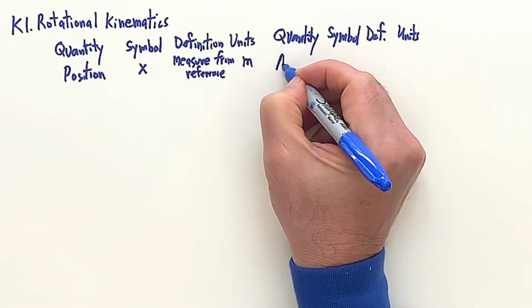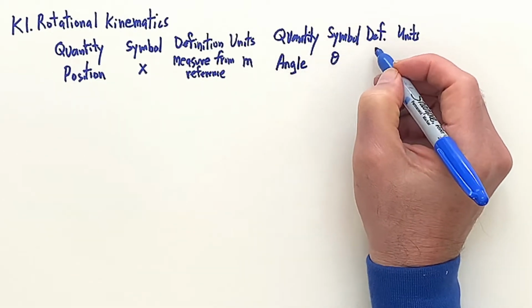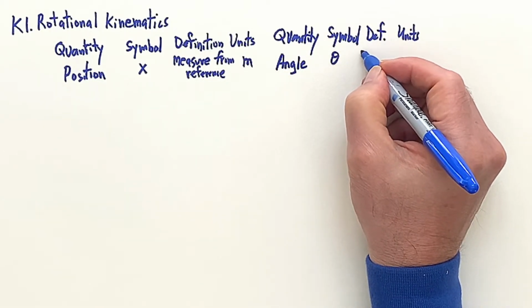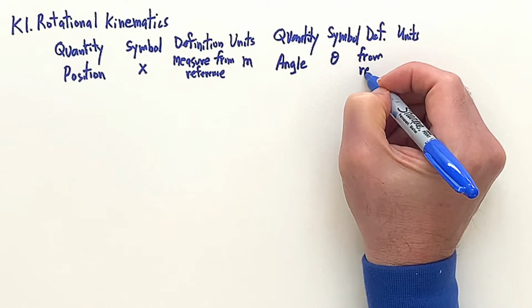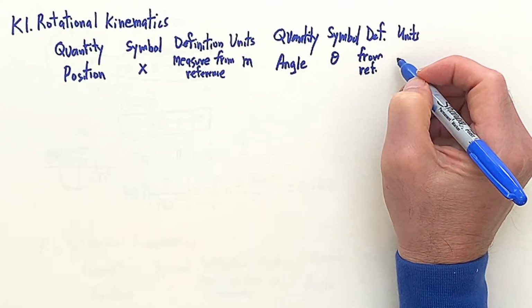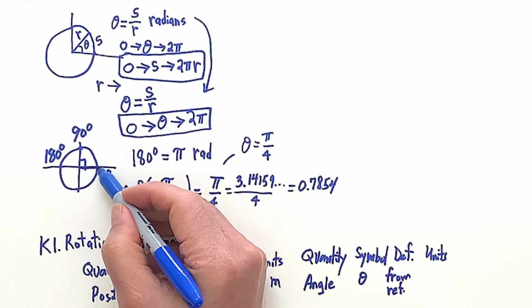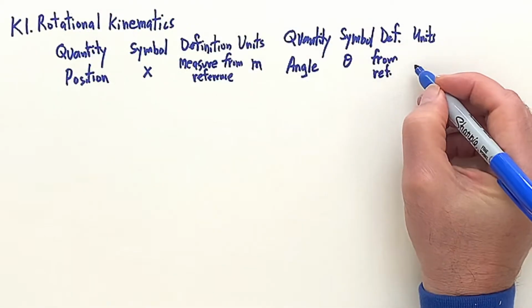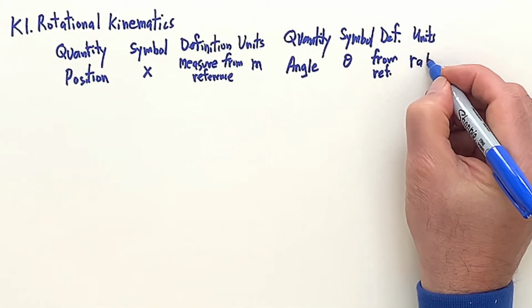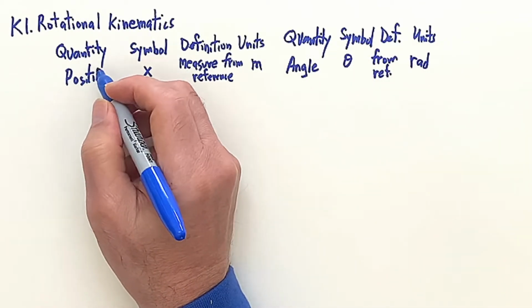Now here the quantity is going to be an angle, symbol theta, and the definition, we're going to measure an angle from a reference. In our previous section, we took that reference here to be 0 degrees right here, due east of the center of the circle. And the units, radians, rad. So position,